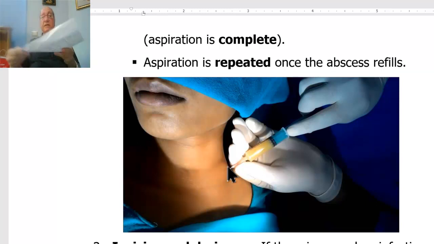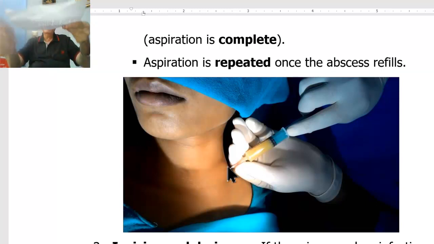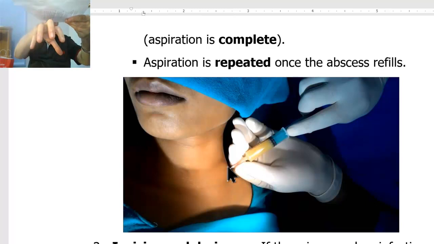If this is the skin and this is the cold abscess, we introduce the needle in the skin, then advance the needle in the subcutaneous tissue, then pass deep to enter the abscess, then aspirate. So that the puncture in the skin is not opposite and in the same line with the puncture of the abscess.